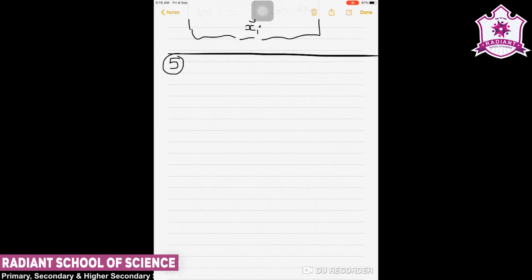Now it is clear that when the force is there and displacement is there, we are given that for the first 10 meter the force is constant. Let us consider the platform to be horizontal, and the displacement is on that horizontal path. Suppose for the first 10 meter the force is constant, and then for the next 10 meter the force continuously reduces.